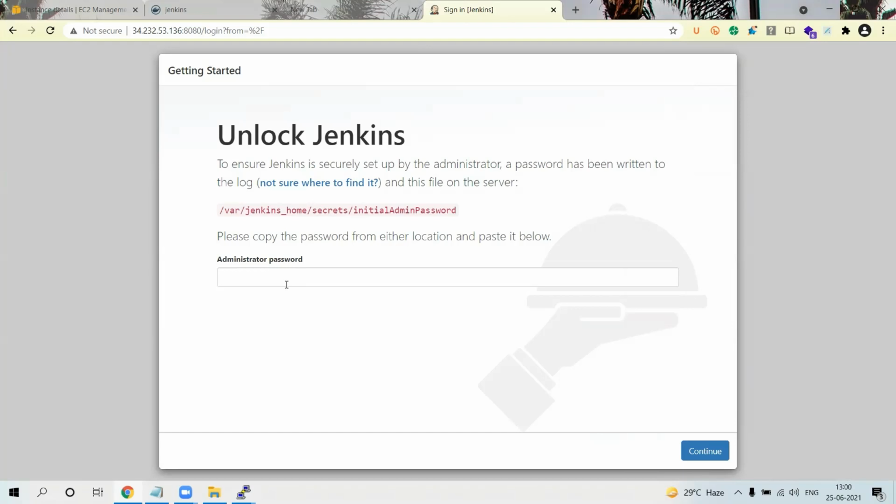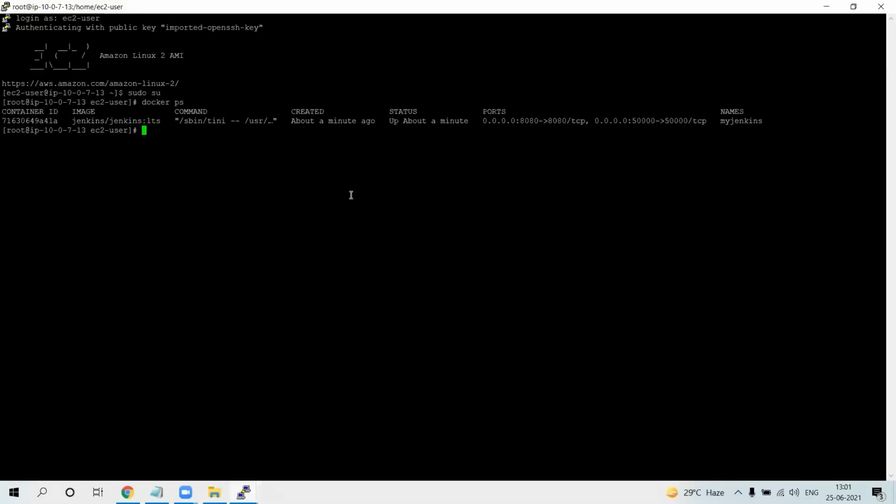So we need to specify a password, and it shows that the password is available in this location. Let's find out. Since this is running in a Jenkins container, I need to get inside the container to get this password. So let me get inside the container now.